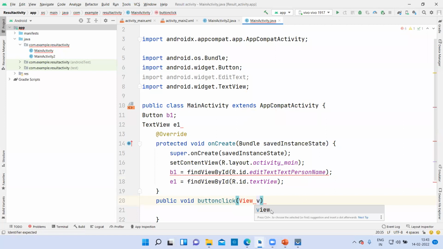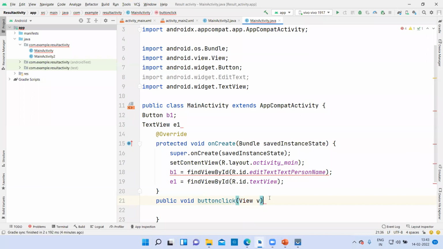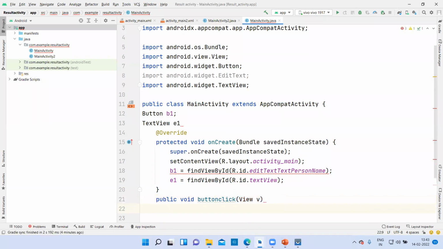Fine. Now you will pass the intent into this method. Create the intent I is equal to new intent.